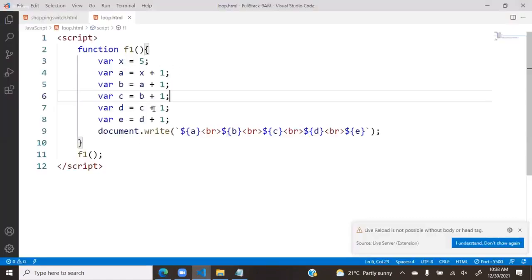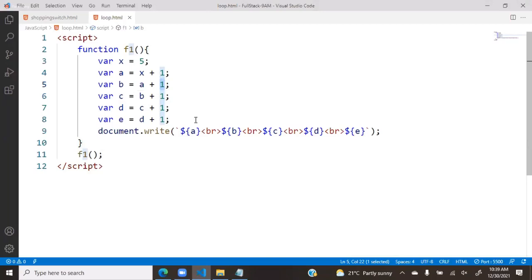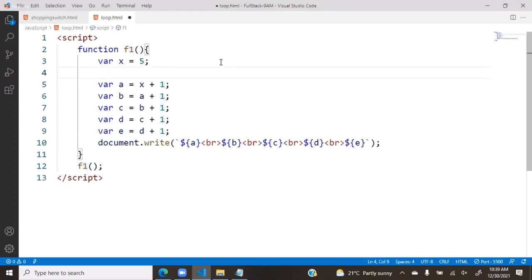Now I need to add 1 to the existing number and store its result in a new reference. And this work I have to do 5 times, 10 times, 100 times. Then instead of doing it so many times, you can express this in a simple way. How can you express this in a simple way? You can simply say that,